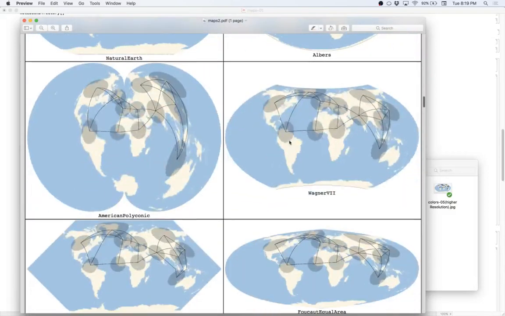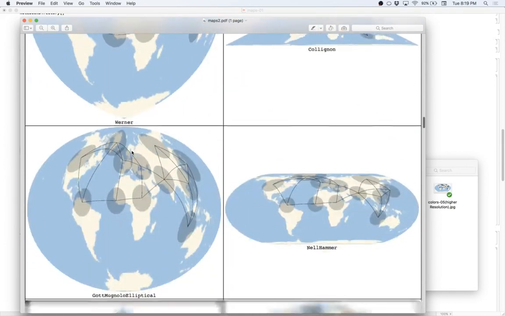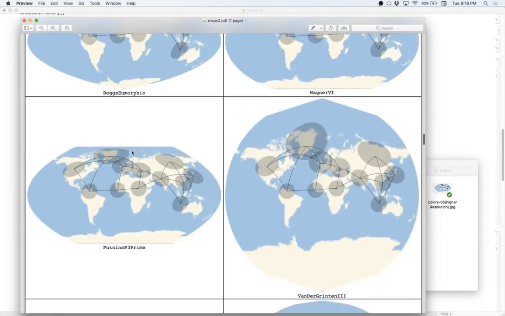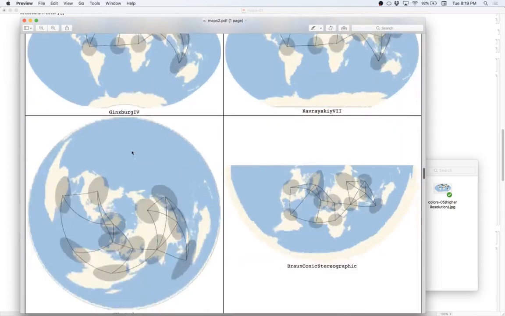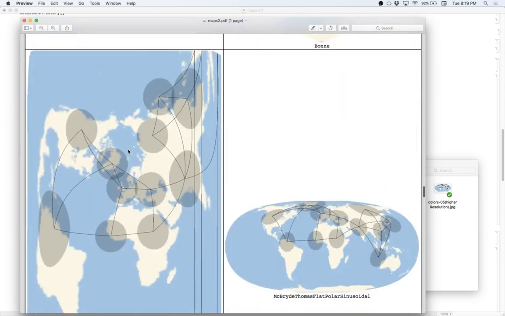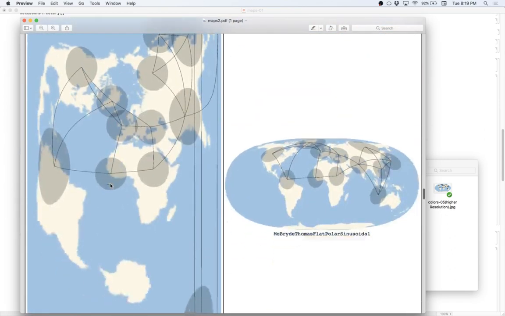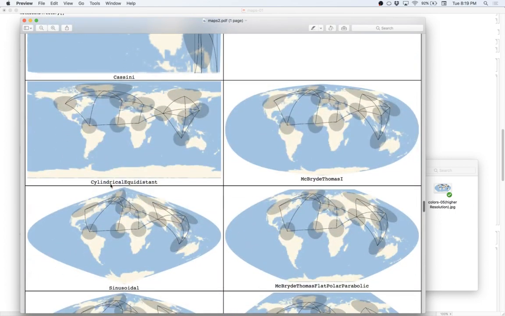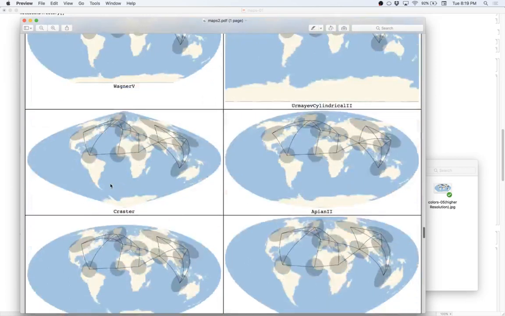So yeah, we can take a look at some of these, and you can see there are some nice funky projections. It's also just fun to look at all the different map projections. You can see that's a good one there. This is a good one, the Cassini projection. You can see that there aren't many obvious patterns in any of these projections,